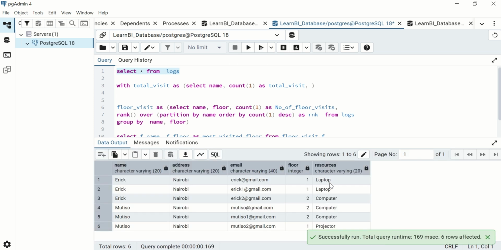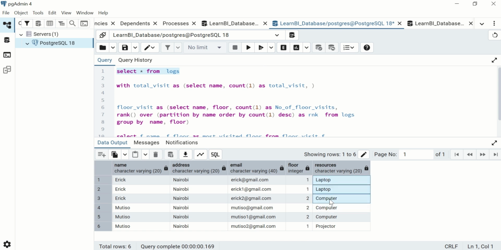So we'll just have to horizontally combine this. So for example, laptop, then comma, and then computer. So for Erick, he used laptop and computer. So we will horizontally combine these two, laptop and computer. And then for Mutiso he used computer and projector. So we'll combine these two